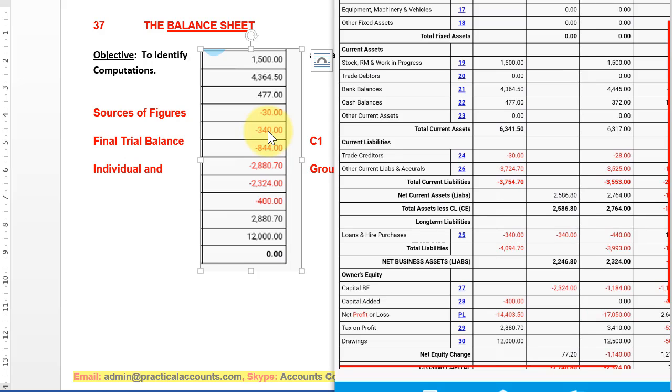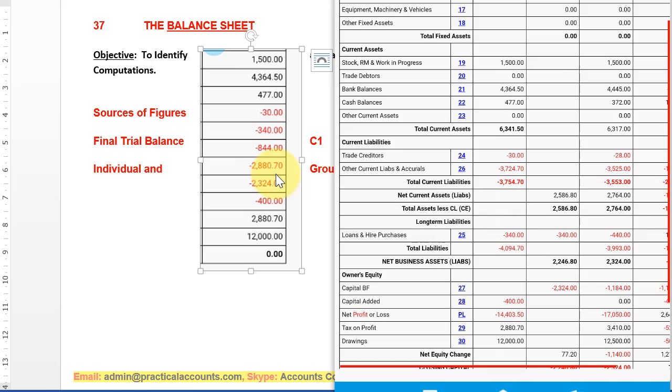Now that 844 is what we don't recall correctly. Let's get back to this report very quickly. That's 844. We should be able to account for each and every one. Now let's see, that 340 is there. Now let's look at note 6 here. Yes, that 844 plus the